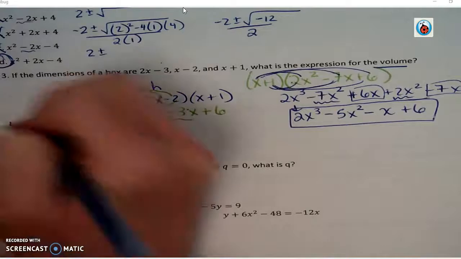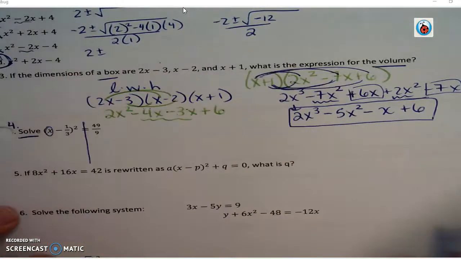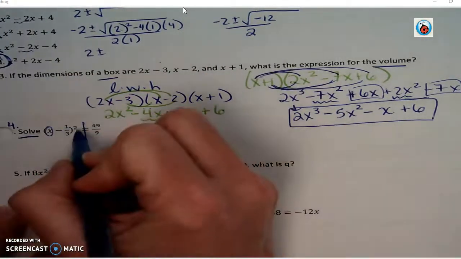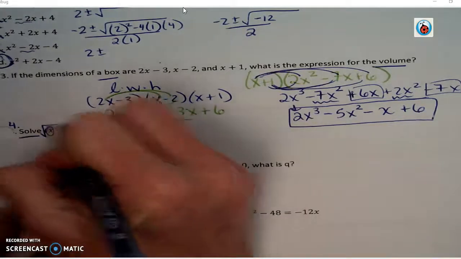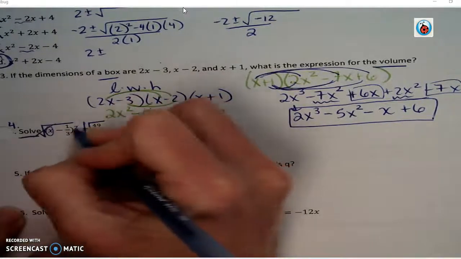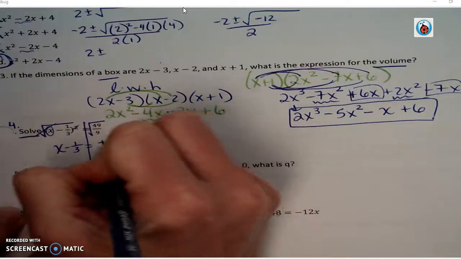Number 4 says to solve. So I'm going to draw my line, and I'm going to isolate x. The first thing you need to do is get rid of the square, so you're going to square root both sides. The square root and the square cancel. So I'm left with x minus 1/3 equals plus or minus